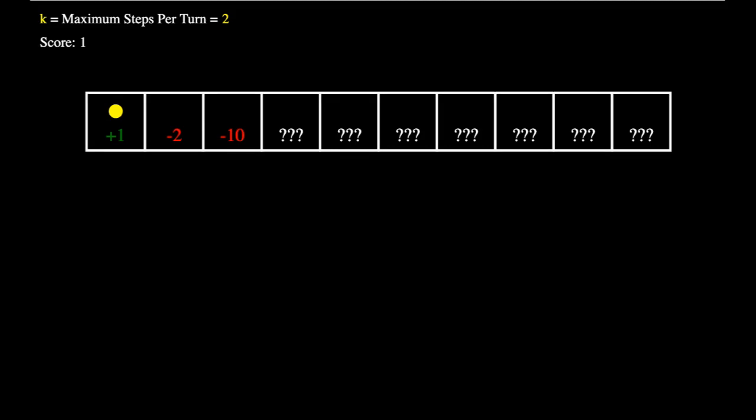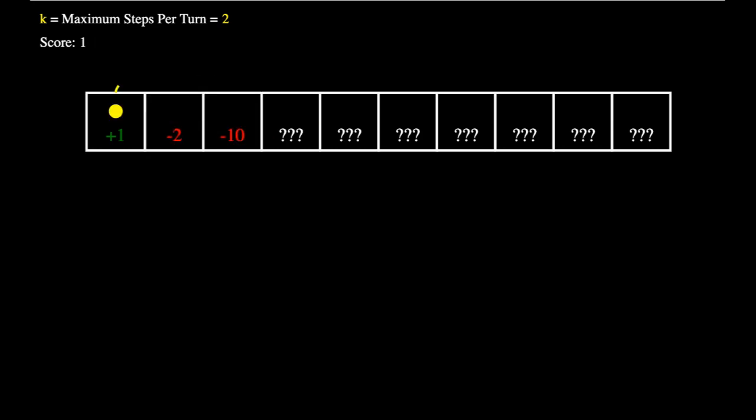So what happens if there are no positive numbers that we can reach on the next turn? Let's say we have the following number line. K equals 2 and all our options are negative. For now, let's pretend our code only stores numbers that we can land on, and we do not keep track of future values until later. Here, we have to choose between negative 2 and negative 10, and we choose negative 2 because it causes us to lose fewer points. However, the next square is actually negative 100, and now we also have to land on negative 10 to avoid losing 100 points.